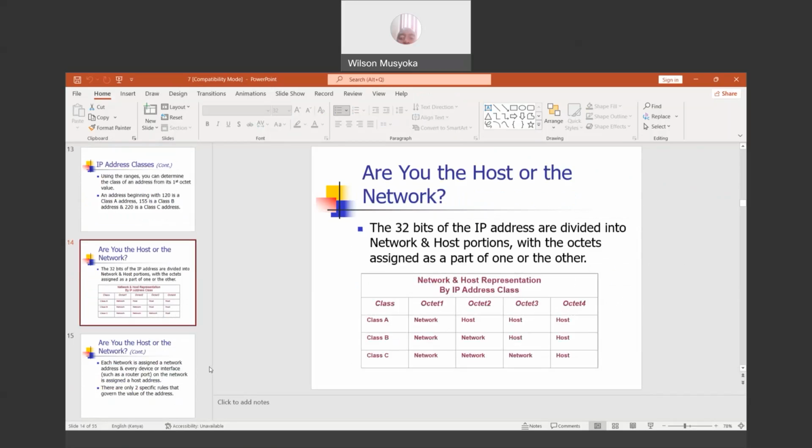Then the 32 bits of the IP addresses are going to be divided